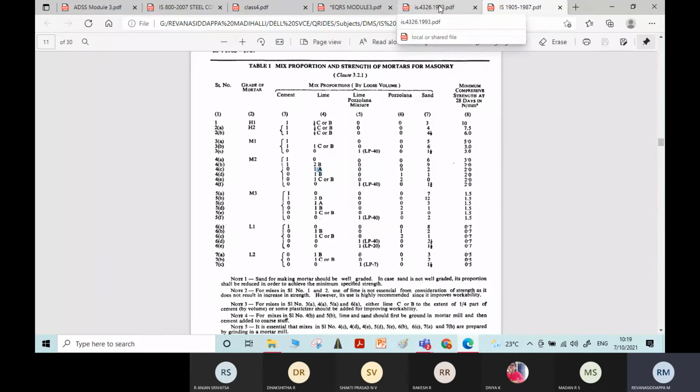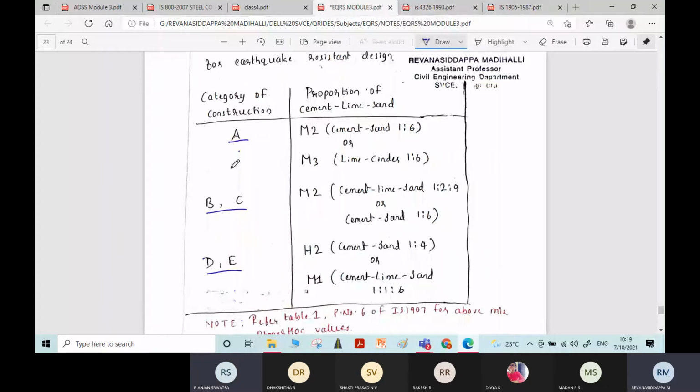Then coming to the category of construction, it is categorized depending upon the zone of the earthquake, whether it is zone 2, 3, 4, and depending upon the importance factor, whether it is 1 or 1.5,